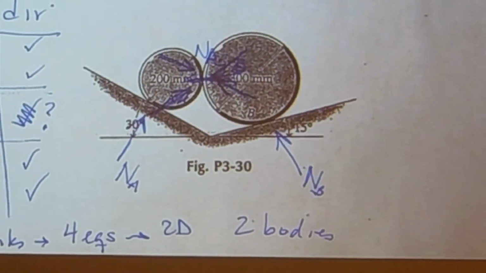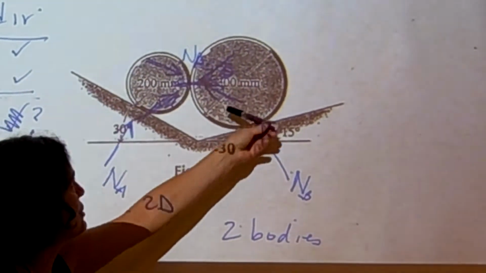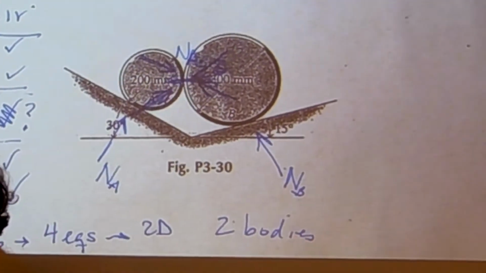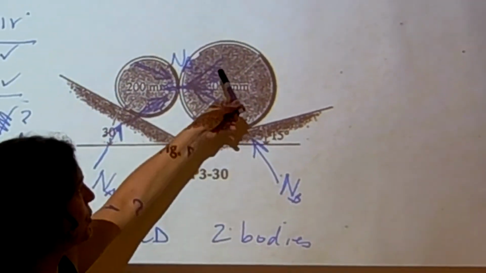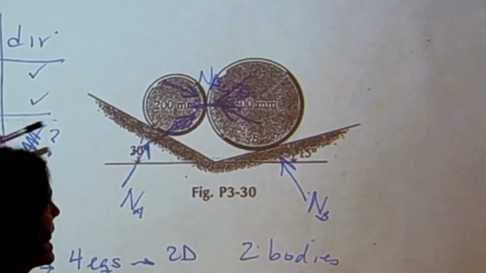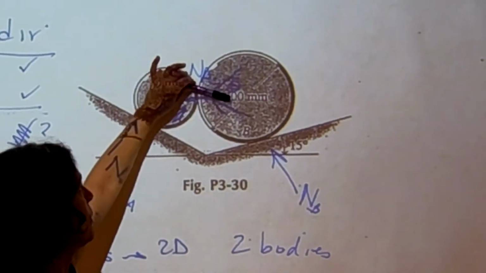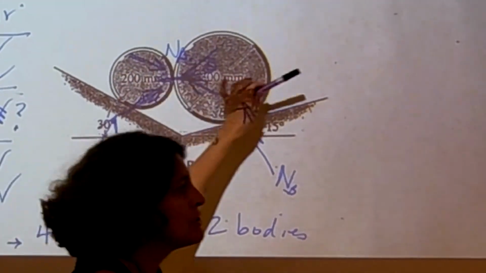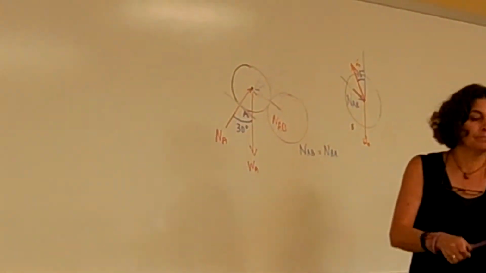Everybody gets it? So when you analyze the cylinder, you have to have two normal forces. One coming from the inclined plane and one coming from the other cylinder. When you analyze this cylinder, you have a compressive force coming from the inclined surface and from A. The only thing we don't know is if the angle is like this or like this. We just have to call a shot. So we said we assume it goes this way. And if it goes that way,